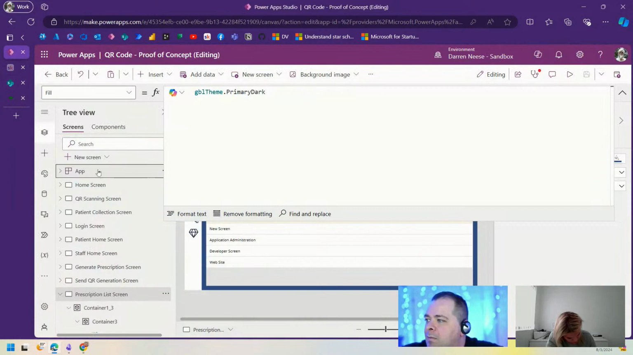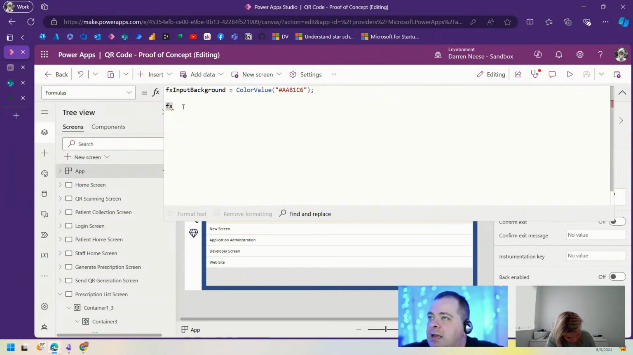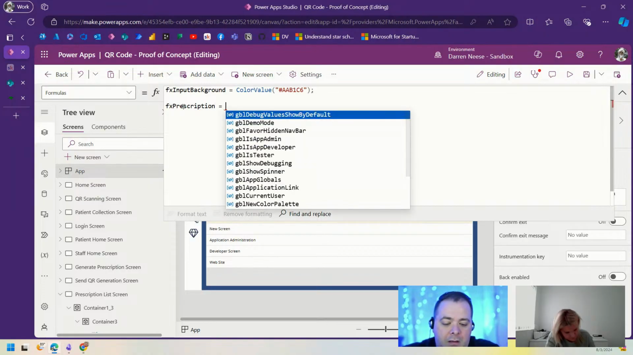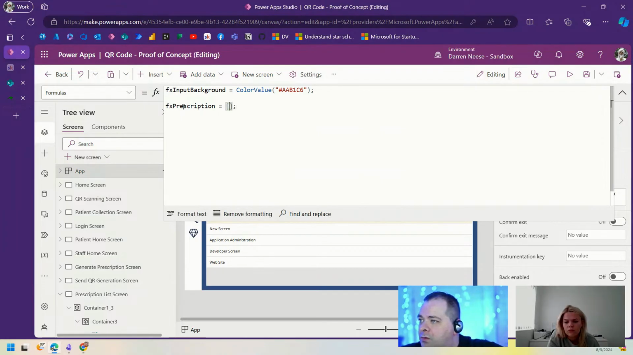Okay. I'm going to go into the app formulas, and we'll actually put this in here. We'll say prescription with 2 square brackets, and inside let's create some records here. So we'll say ID 1, and we'll say title,